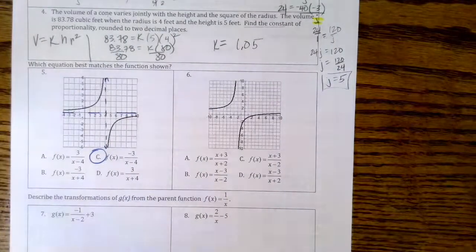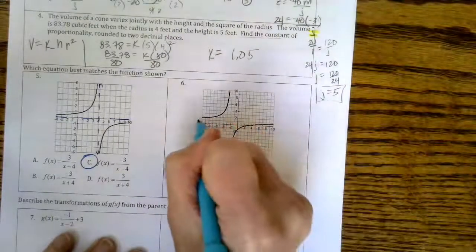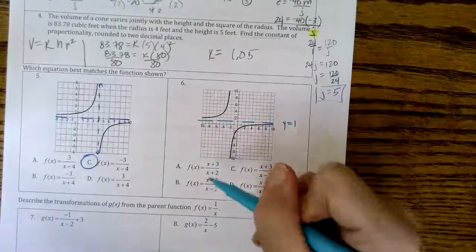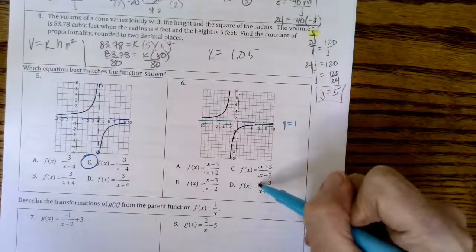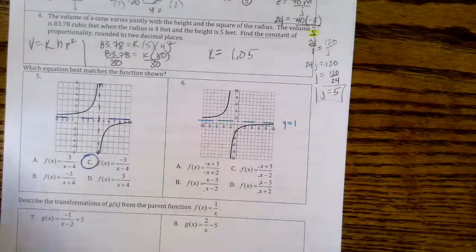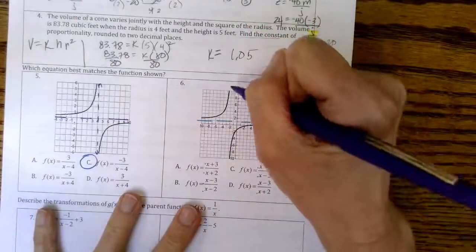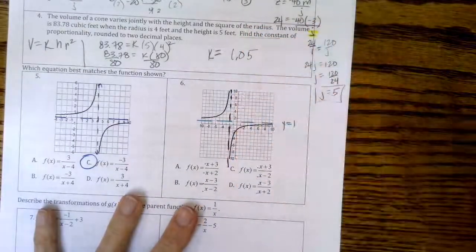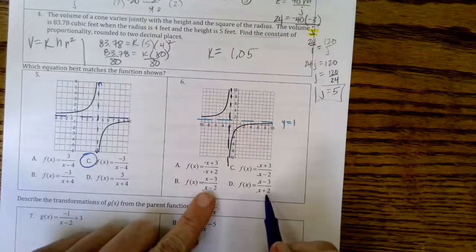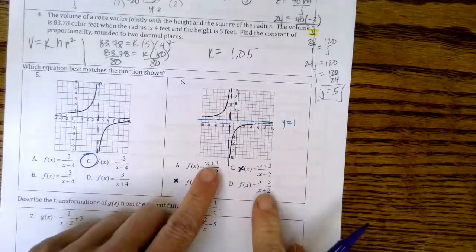All right, let's check it out again. We're going to have a horizontal asymptote of y is equal to 1. And that makes sense because each of these have 1 as a coefficient, the ratio of the coefficients. I have a vertical asymptote of -2, which means that this graph had a positive 2, so we'll cross off those. And now we're going to look at